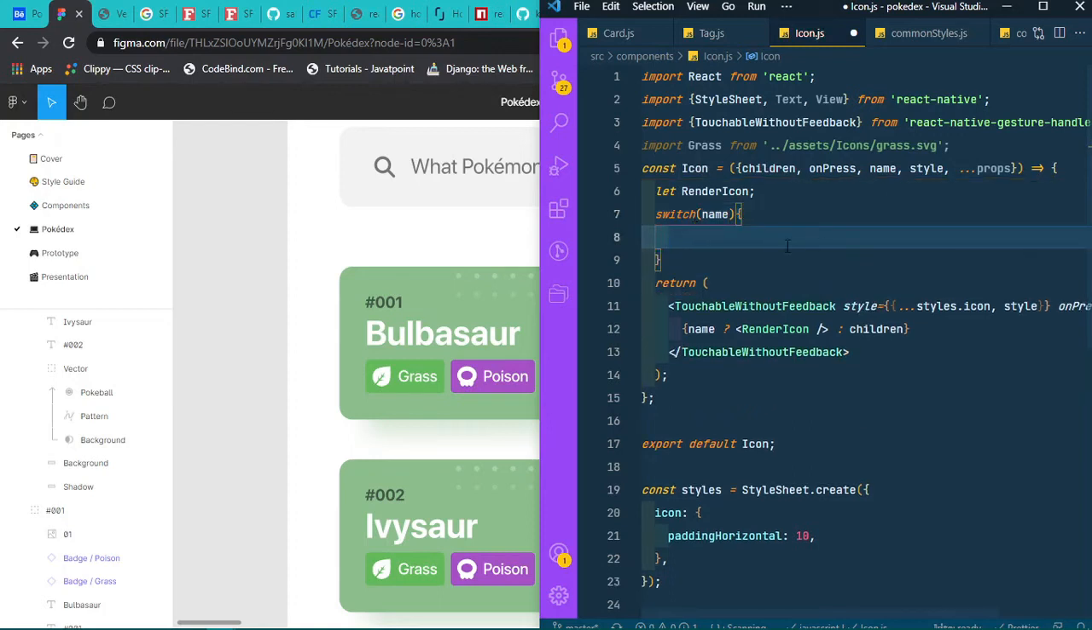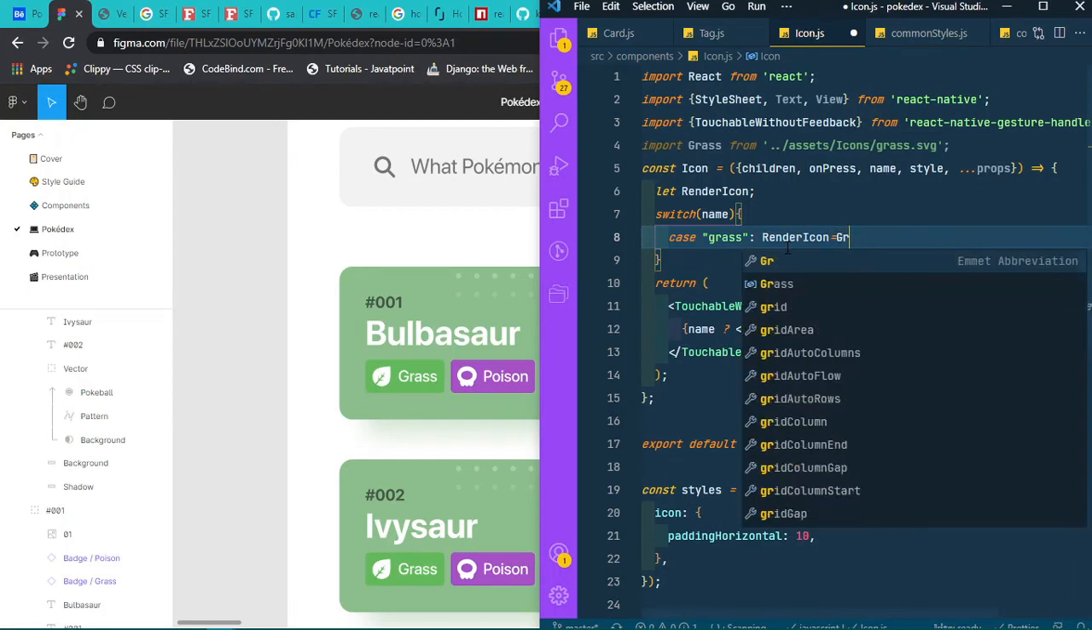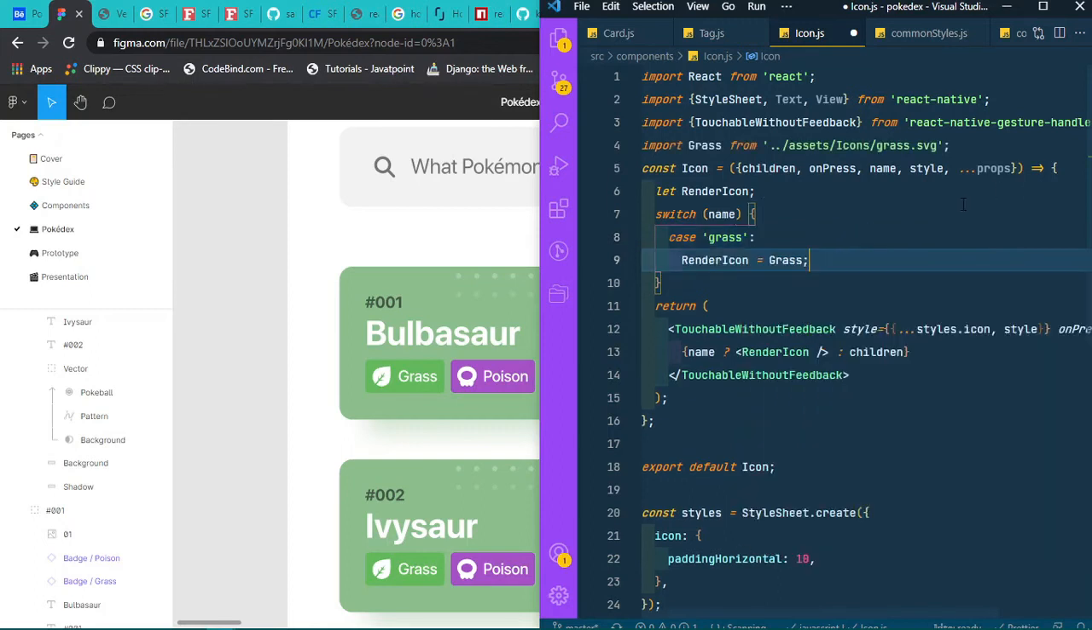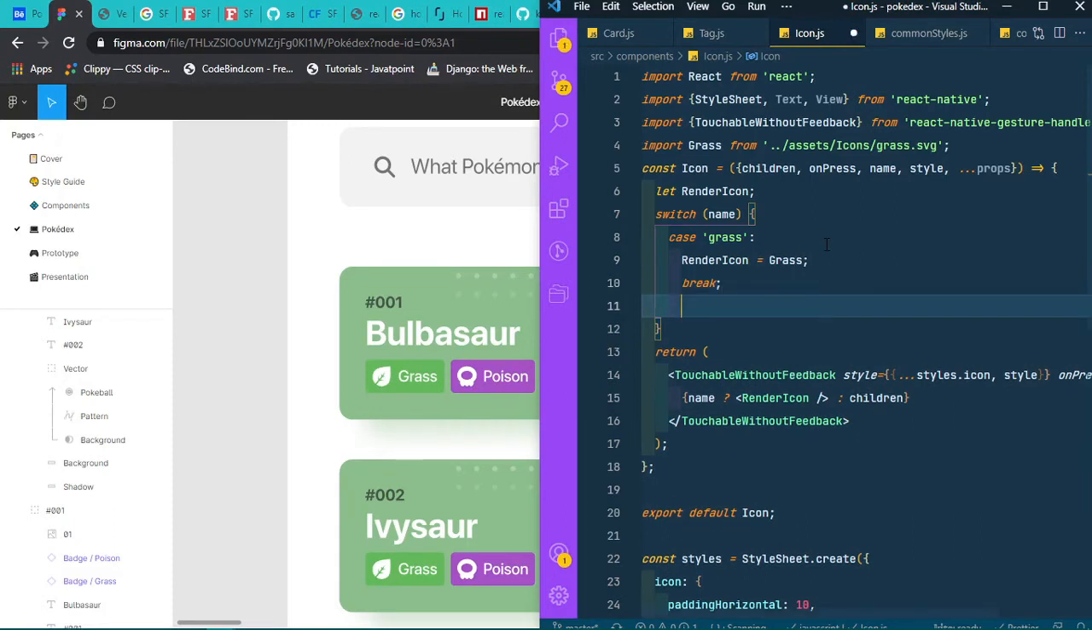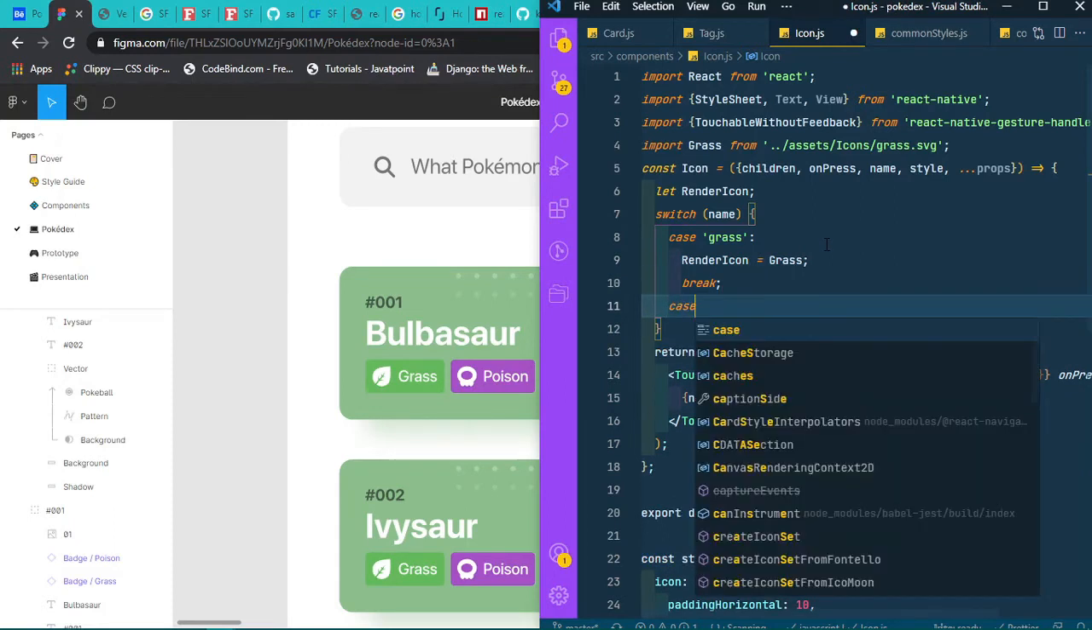Okay, then we have case. If case is grass, then I will say render icon is equal to grass. Okay, and then break, and then I will say case,